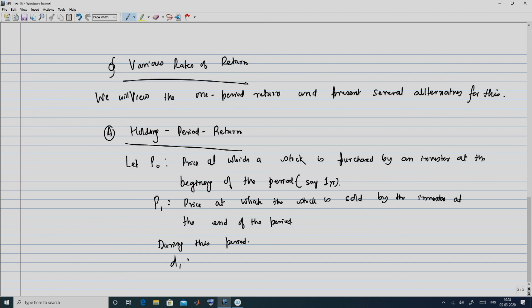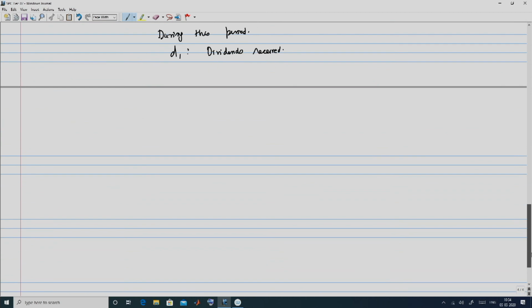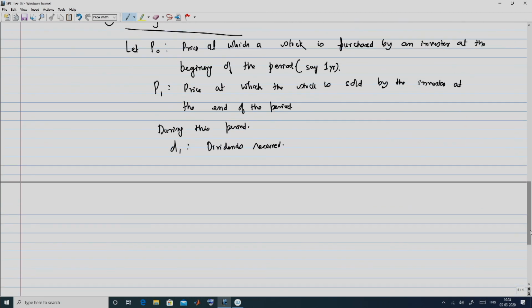what is D1 going to be? It is going to be dividends received. Okay, so basically these are the cash transactions that happen during the holding period. Then if the notation R1 denotes the rate of return for the holding period, that is from 0 to 1,